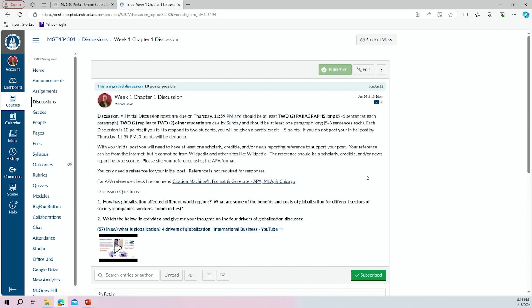So another requirement is with your initial post, not your replies to your peers, but with your initial post, you are going to need to have at least 1 scholarly, credible, or news reporting reference to support your post. So that reference can be from the internet, it can be from books, it can be from anything that's scholarly, credible, or news reporting, but it cannot be from Wikipedia or other sites like Wikipedia.